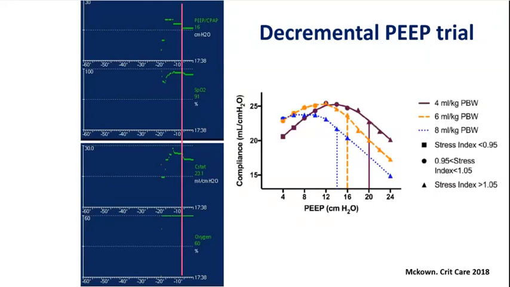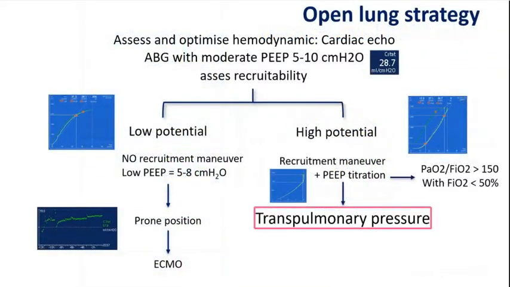To do this, we have to fix the tidal volume, because this clinical case shows that when we use the optimal compliance during the decremental PEEP trial, the optimal PEEP depends on the tidal volume. So I think it's good to do this with the tidal volume that we will use afterwards, so usually around 6 ml per kilogram. Well, if the recruitment maneuver and the PEEP titration are enough to improve oxygenation and to decrease FiO2, that's fine. If it's not the case, I suggest to use transpulmonary pressure to be more precise in the recruitment and the PEEP